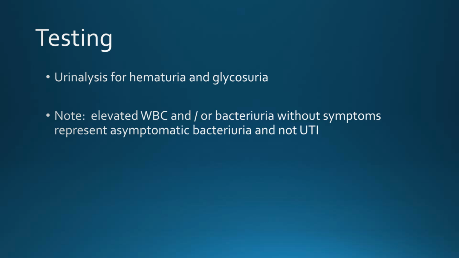Other testing that you might consider is to get a urinalysis. We're looking for blood in the urine and sugar spillage. If you have an elevated white blood cell count without bacteria in the urine, or if you just have bacteria without symptoms, those represent asymptomatic bacteriuria and not a urinary tract infection. Somebody has to complain of either having a fever, frequency, dysuria, or pain with urination